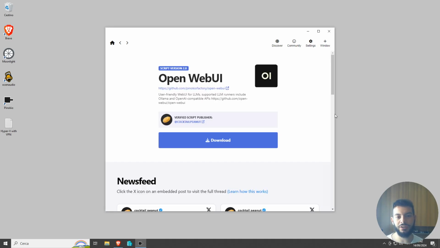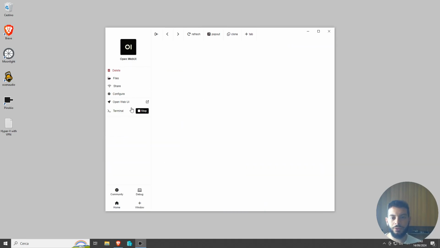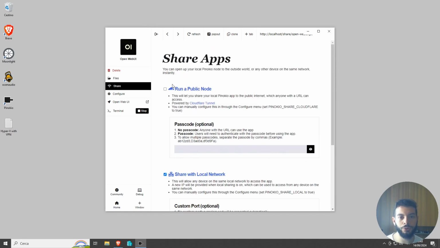Before I said it is fast in terms of easiness. It will take a while to download this because it will install Python, all the dependencies, and it creates an encapsulated environment where it runs this. So in my case it took like 30 minutes to install it, but most likely you have a better connection than me, so it will take less time. So after it downloads all the stuff, you can share it also to your local network. In my case I have a virtual private network, or you can even make it accessible. And I really like those two features of Pinocchio.